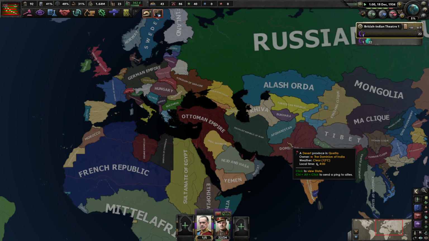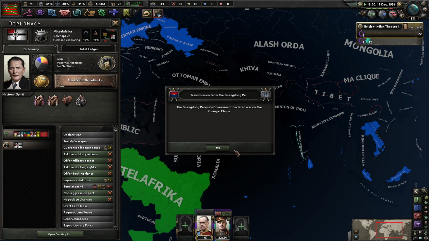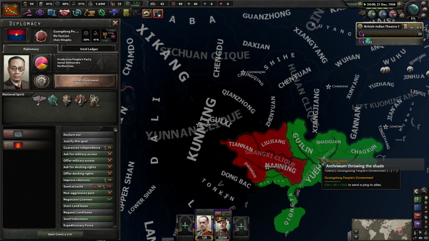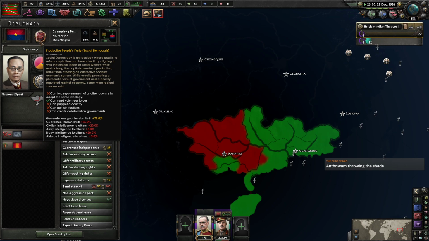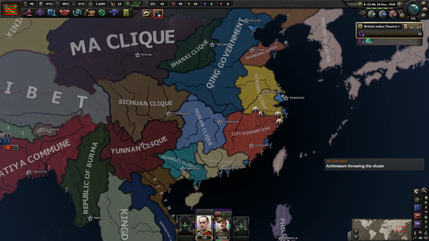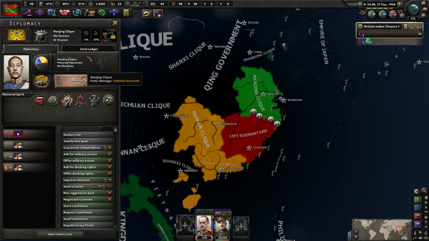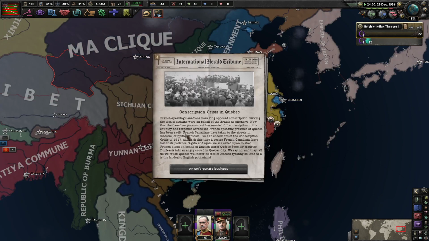I don't think... Is Middle Africa... Are they going to collapse this campaign, do you think? Goring is still in charge. Gangxi cliques that war with the Gaodong People's Republic. Are they the KMT-aligned ones? I don't really know. They might just be doing their own thing. So right now it's left KMT against the Nanjing clique. Who would win in that fight? 11-27, 4-22...